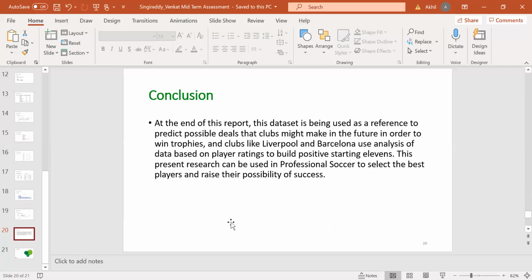And coming to the conclusion, at the end of this report, this dataset is being used as a reference to predict possible deals that clubs might make in the future in order to win trophies, and clubs like Liverpool and Barcelona use analysis of data based on the player ratings to build positive starting elevens. This present research can be used in professional soccer to select the best players and raise their possibility of success. And here, these are the create subtotals, pivot chart, remove duplicates